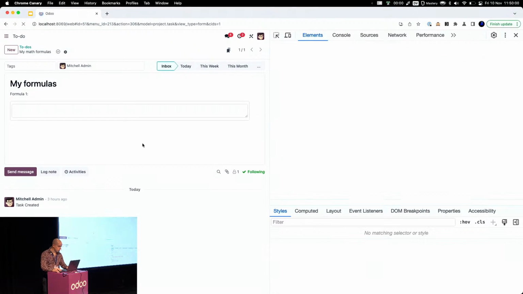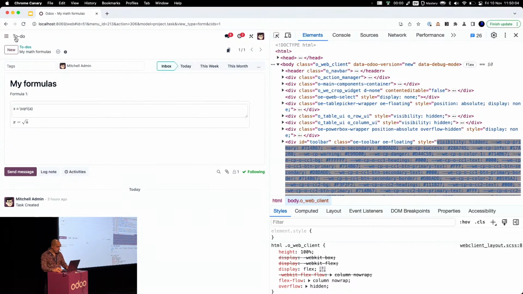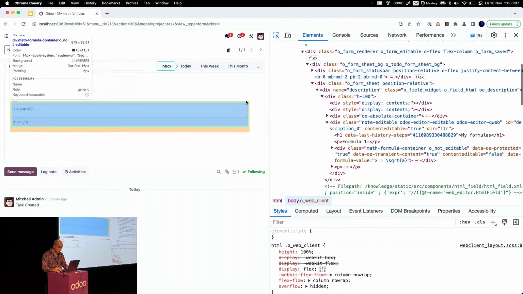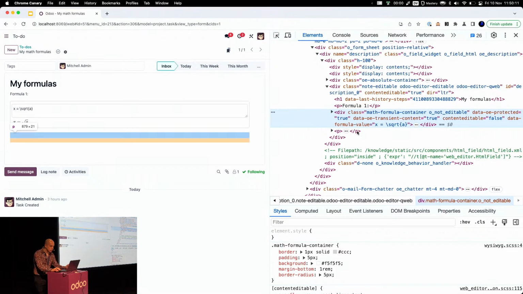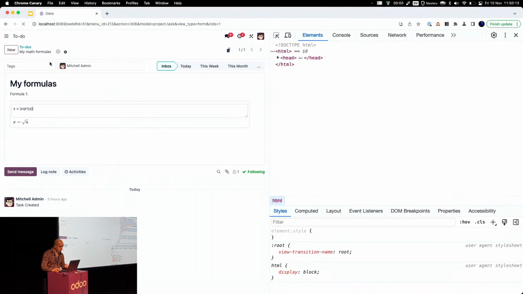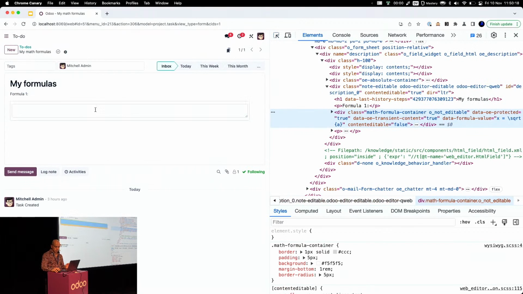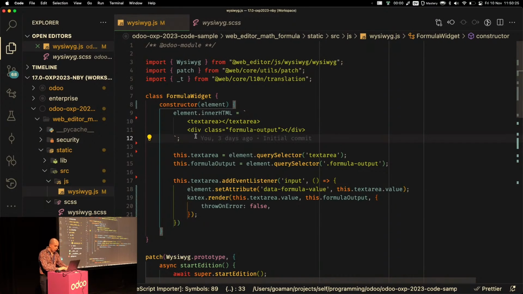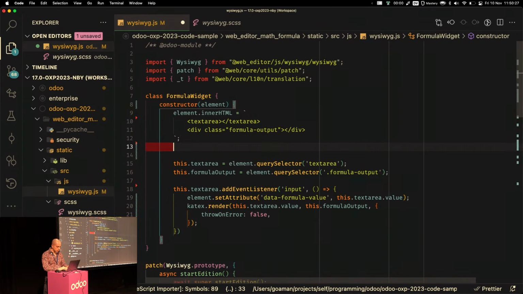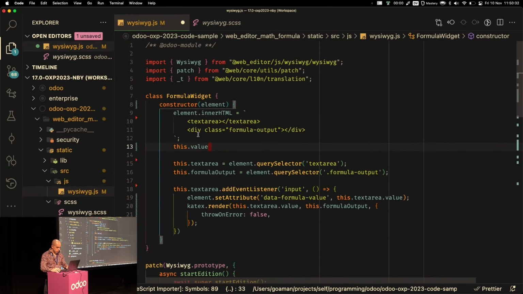Load the page, adding back my formula. And then, as you see, if I'm going into the console, I see that my attribute has been properly set. Reload the page. My attribute is still there, but not yet rendered. So what we want to do is to update our widget to just render it whenever we initialize it. So let's do that like so. Value equals